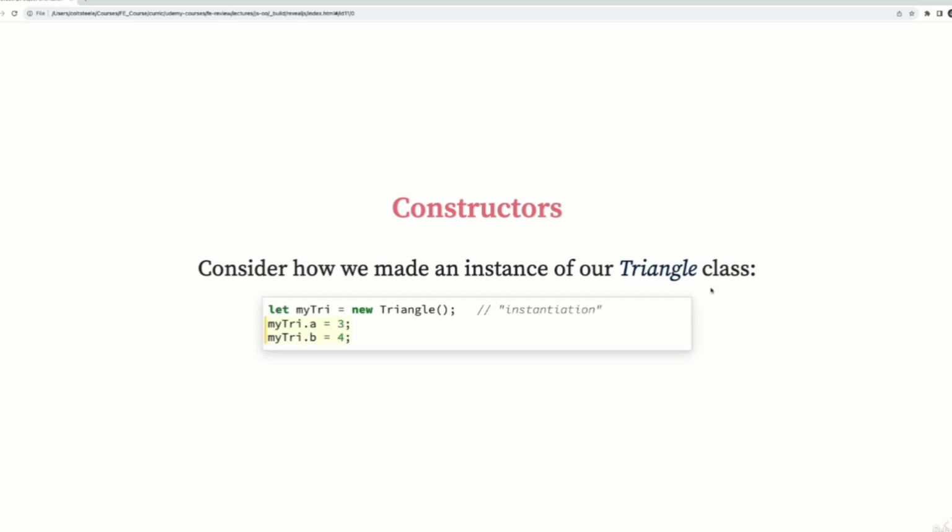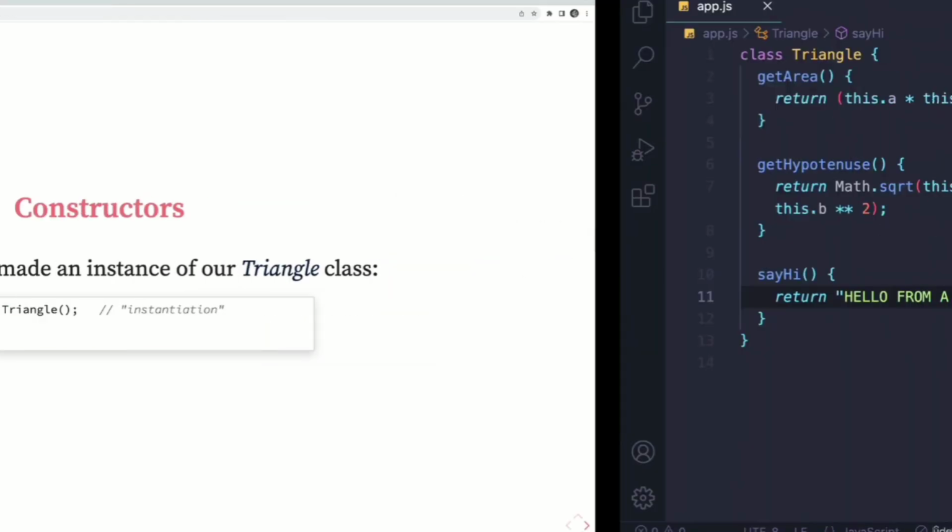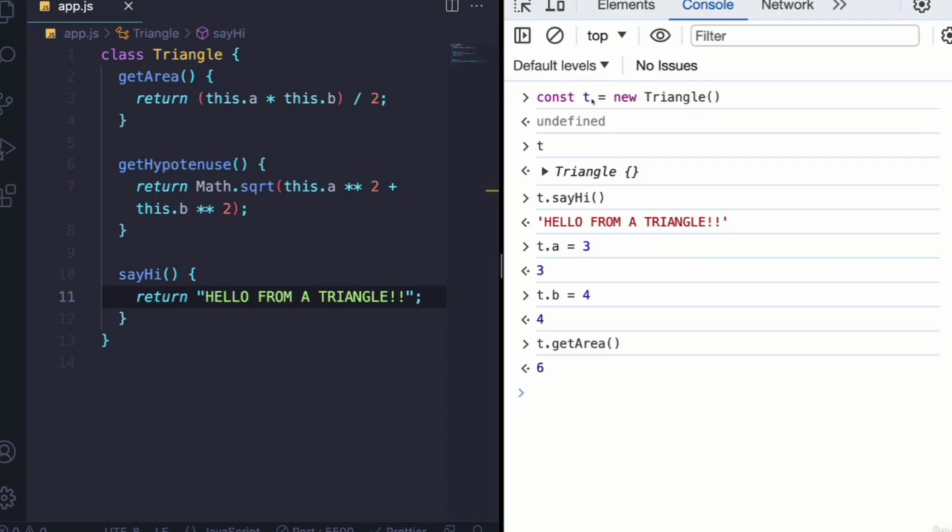So if we look at how we instantiated a new triangle class instance with our current setup, I had to call new triangle, that's not going to change, save that to a variable, but then I had to manually give it a value for A, manually give it a value for B, in order to get my getArea method to work, which relies on A and B. Right now, we just have methods in here. We don't have an easy way to create a triangle with our sides already set, right? It would be nice if I could do, make me a new triangle with A set to 3 and B